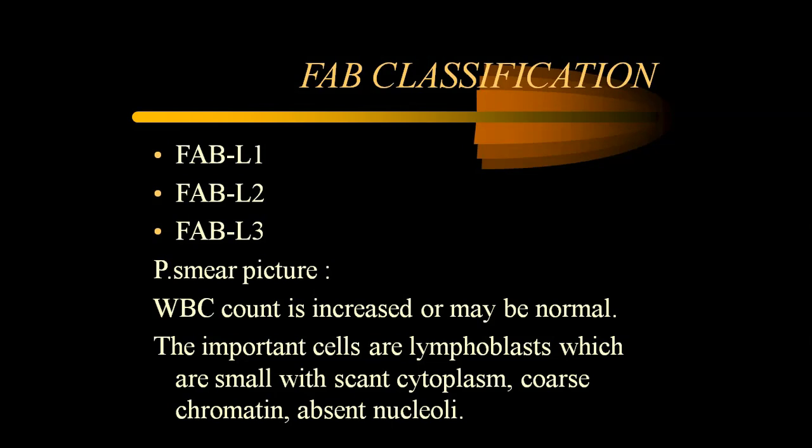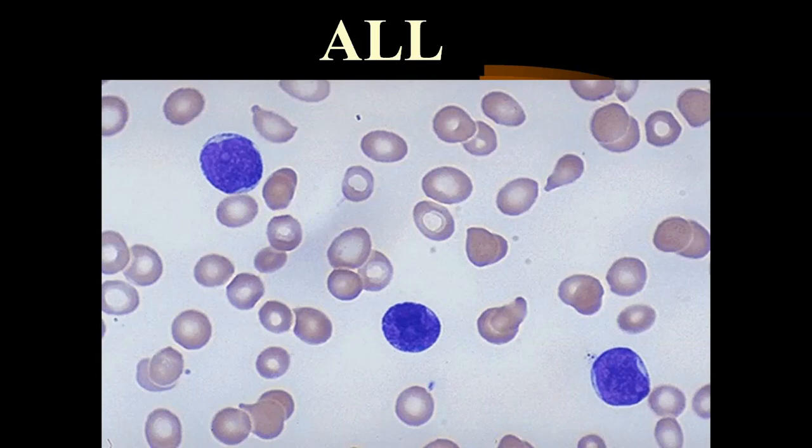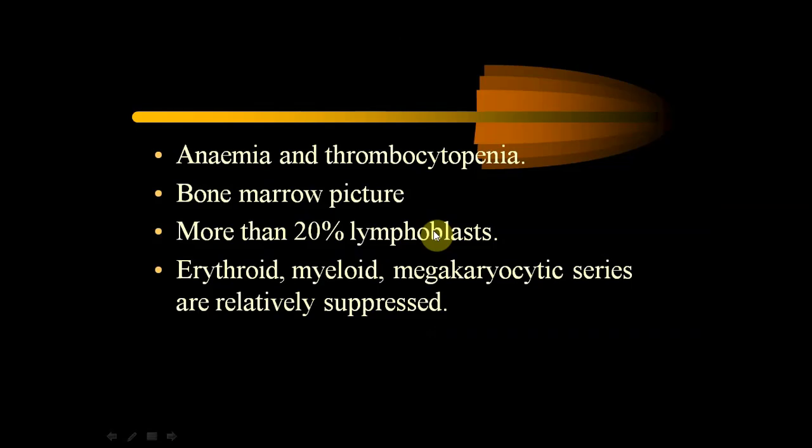These are a little smaller than the myeloid blast, but they have a large nucleus and very scant cytoplasm. They have very dark coarse chromatin and they don't have nucleoli, unlike your myeloblasts, which have 3 to 4 nucleoli. Here, if at all there is a nucleolus, it is one, otherwise very inconspicuous. You're seeing the lymphoblast with very dark chromatin, one nucleolus, and very scant cytoplasm. Platelets are absolutely reduced, and in the background you're seeing normocytic normochromic anemia.